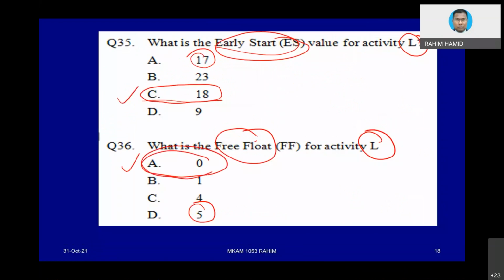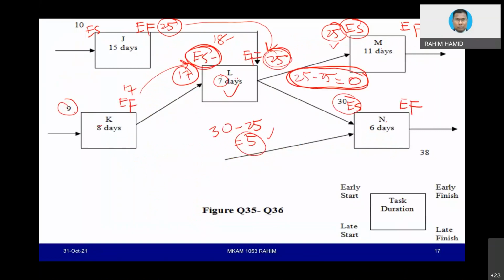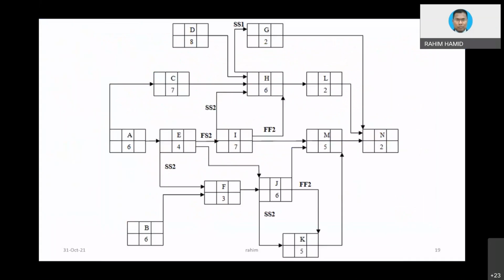Okay, this kind of question is just to test your understanding of the concept. Once you understand the concept, you should be able to answer anyway, except that you get confused. Okay, so